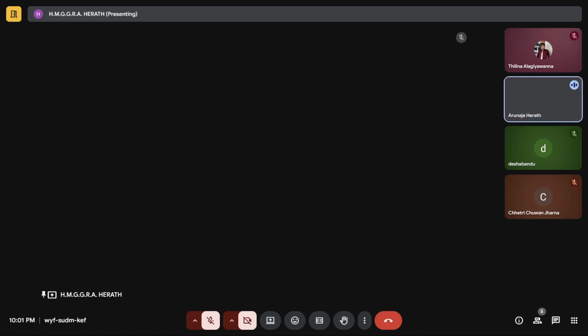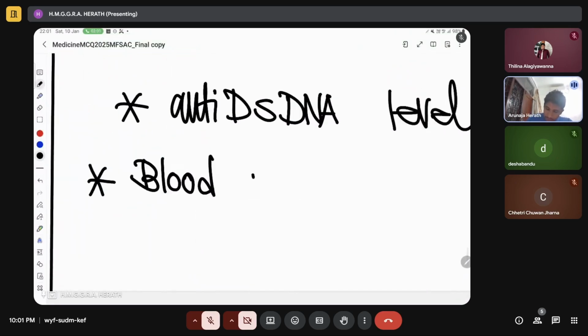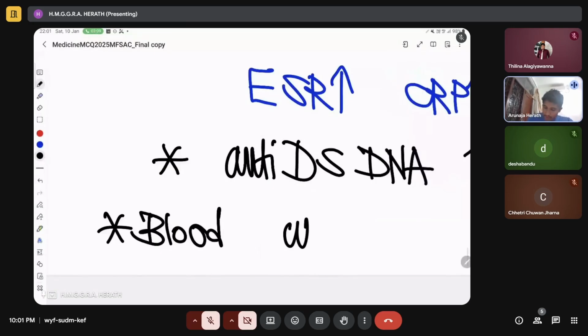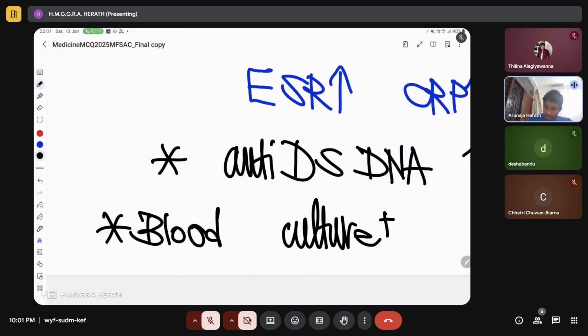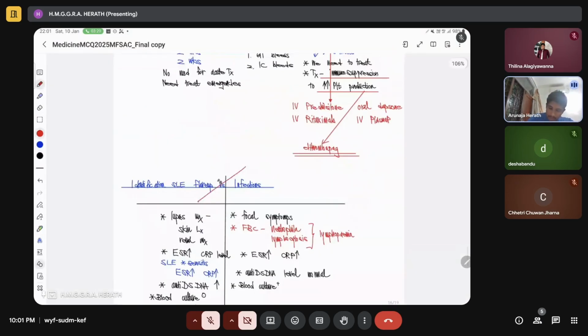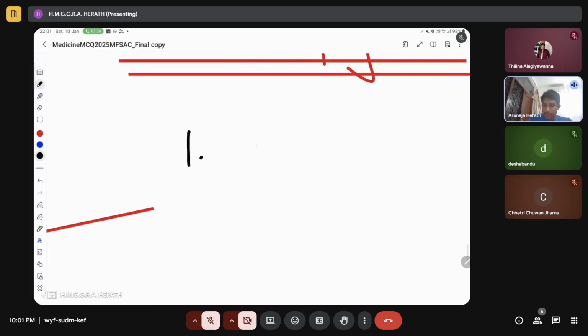And then you can also do a blood culture, which will be positive in an infection. However, the blood culture will be negative in an SLE flare. So these are very important things to understand. Specifically, you need to know what investigations are used in diagnosing an SLE flare-up. The main ones are anti-double strand DNA titers,